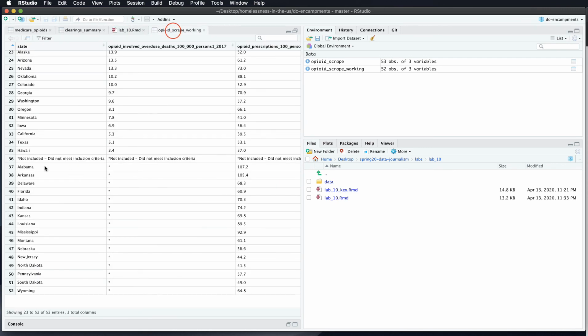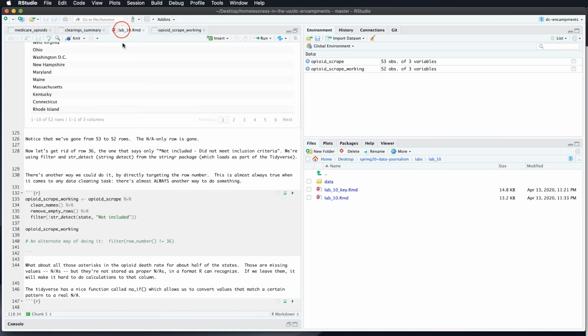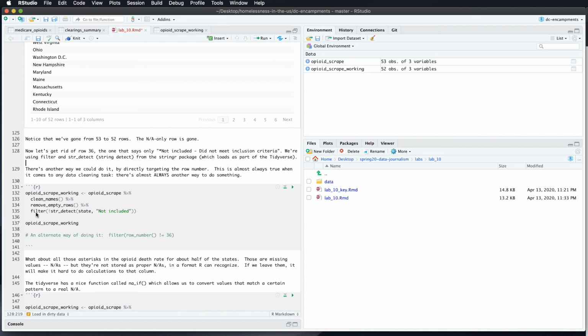Okay. We still have this annoying row, which is in the middle of our state column. Instead of a state here, we've got not included, did not meet inclusion criteria. Not particularly helpful. So we want to filter that out. So I'm going to show you one way of doing it, and I'll also show you a slightly alternate way of doing it. So what I'm doing here is after I take my opioid scrape original table, clean up the names, remove the empty row, now I'm filtering, and I'm using the string detect function that's part of stringr. So string detect says, look in the column called state, look for the words not included. Okay. And the exclamation point means the opposite of that. So when I run this,